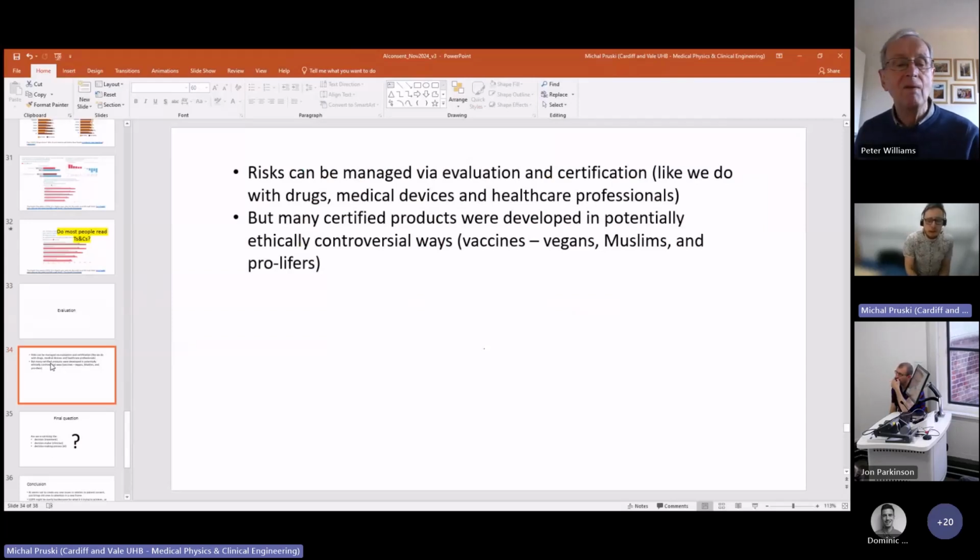I have to pay my fee every 2 years to the HCPC for the privilege of being registered as a clinical scientist. Nurses and doctors have to do it on their own time, submit portfolios and stuff like that, because that's how we manage the risk of patient exposure to healthcare professionals, so to say. We look at their qualifications, we evaluate their safety, we check whether they're criminals or not, and things like that. And we have similar processes for drugs and medical devices. We have the MHRA, we have NICE, we have recommendations, certifications, and so forth.